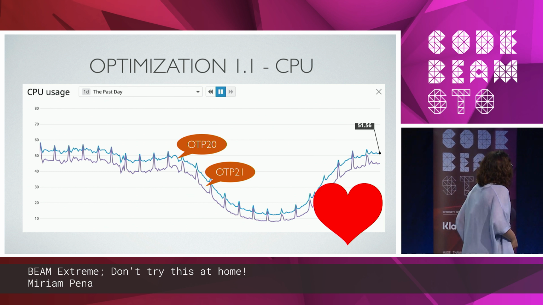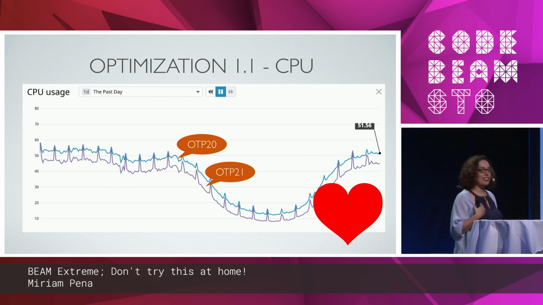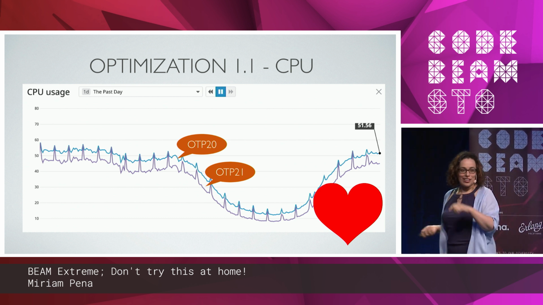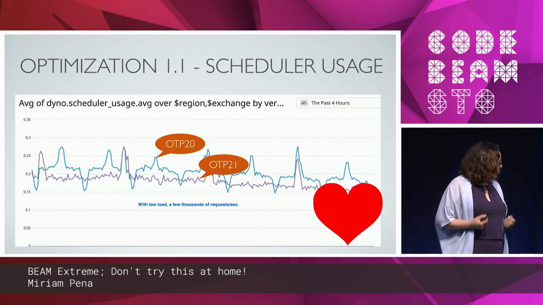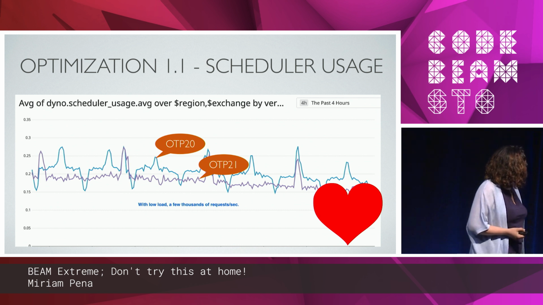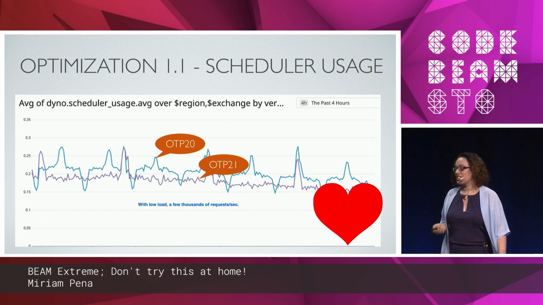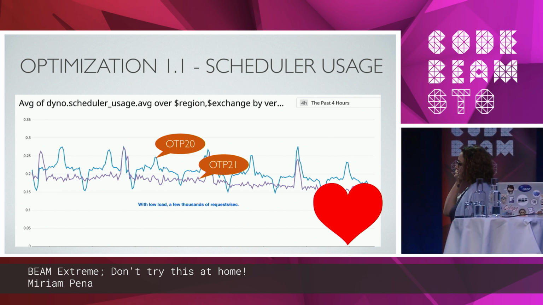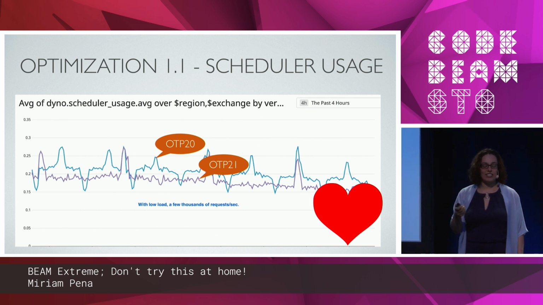A little bit later, that's last month, I think, we changed to OTP 21, and we got another 10% on CPU. But this time I knew better, so I actually graphed the scheduler usage. And you also see, I don't know, maybe it's like 10, 15. That's how it changed. But really, with a scheduler usage of 20 or 25%, it's not really stress, so it's hard to tell. So I decided to stress the system.